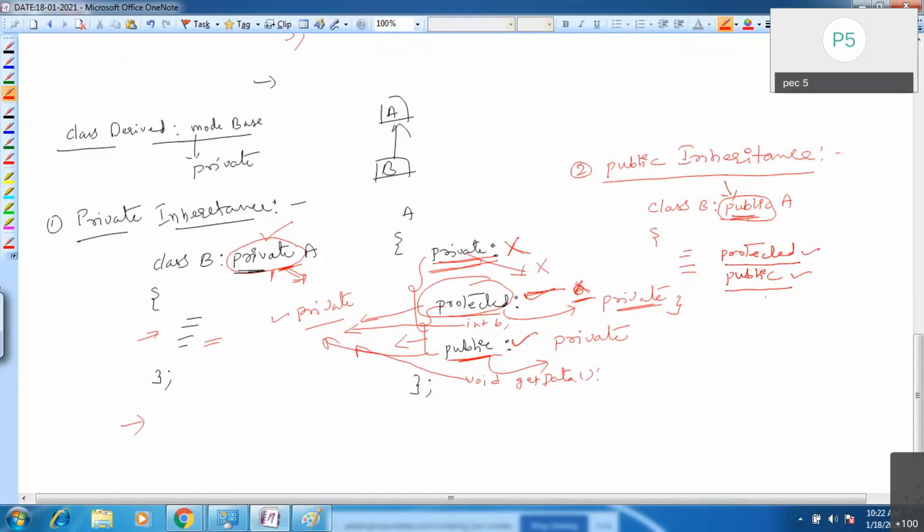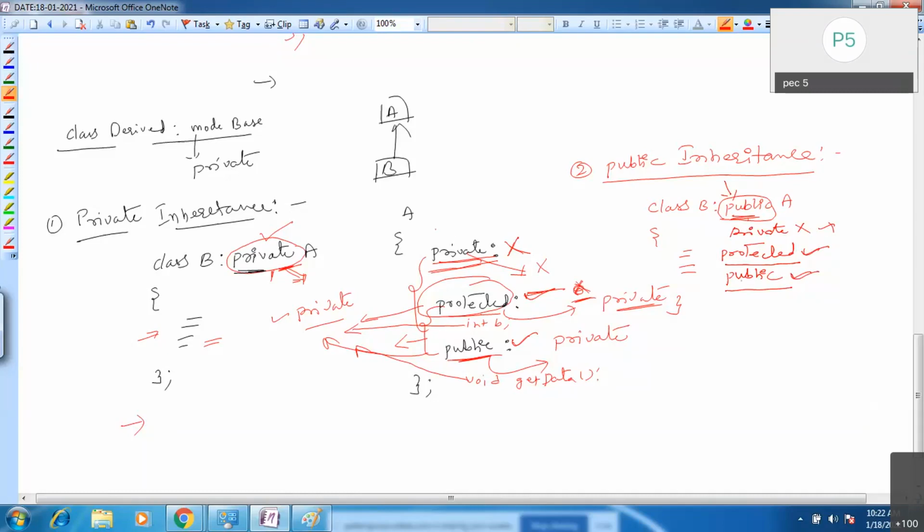Okay, always we will use public only, but you need to know what is private inheritance, public inheritance and protected inheritance. I will give one table also. Don't get confused. If I use public mode here, private members you cannot access inside the derived class. Always private members cannot be accessed. Protected members will become protected and public members will become public.